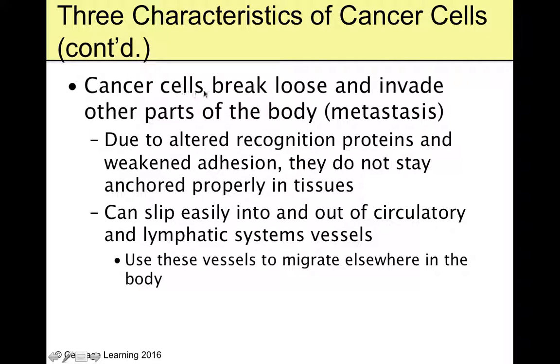So the other thing is cancer cells can break loose and invade other parts of the body. If this happens, it's called a metastasis. This is another really bad word. Words that start with M are bad. Malignant's bad. Metastasis is bad. Basically, it means a piece of this tumor can break off, can float around through your lymphatic, blood vessel, something like that, attach in a new place, and give you cancer in that place. Not good. Due to some altered recognition